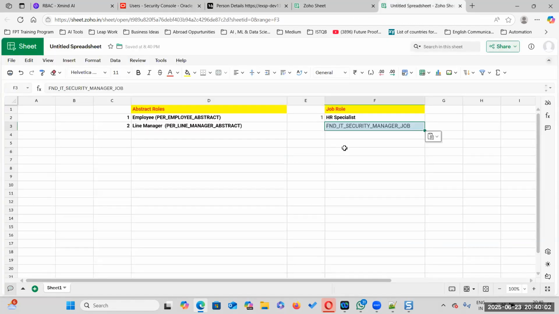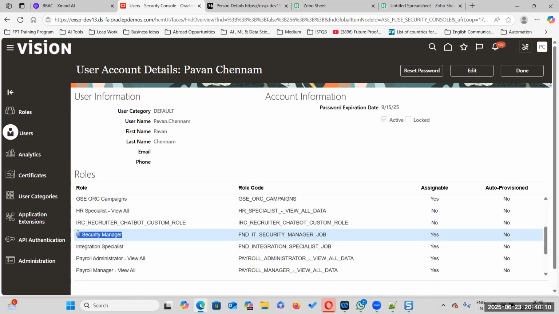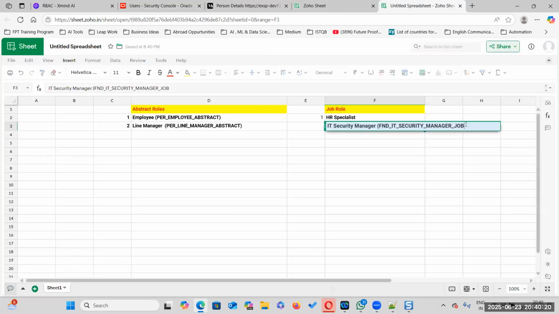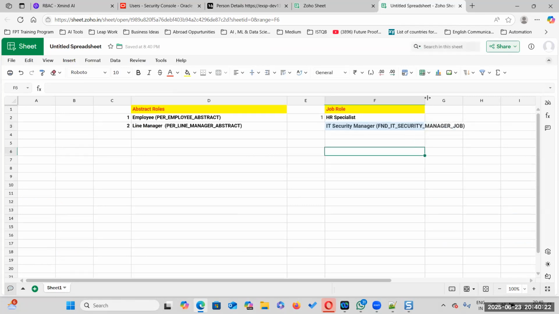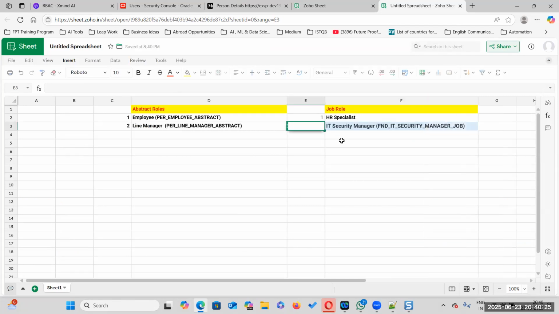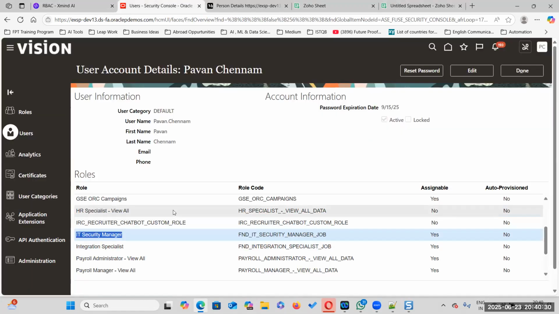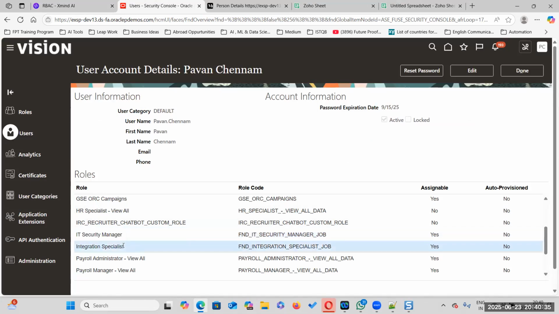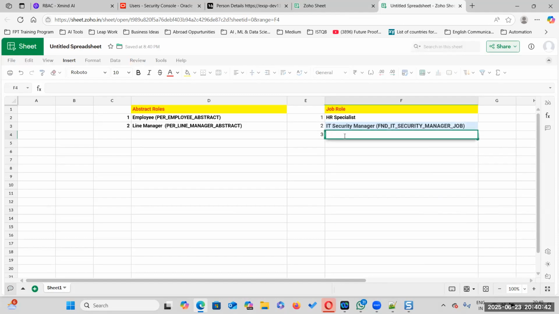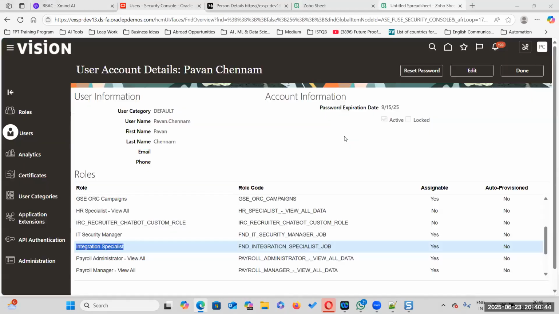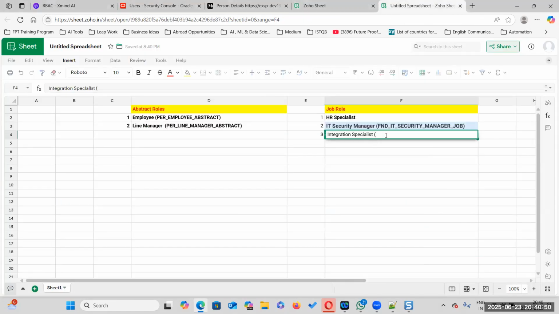So this is also a job role. Business job role, security manager, IT security manager. This is the first one. The third one I want to add is the integration specialist, FND integration specialist job.